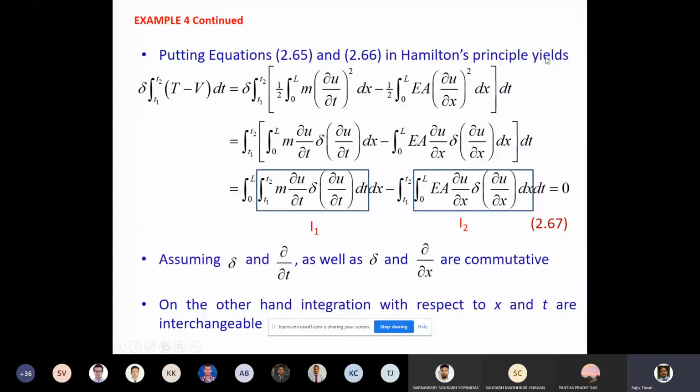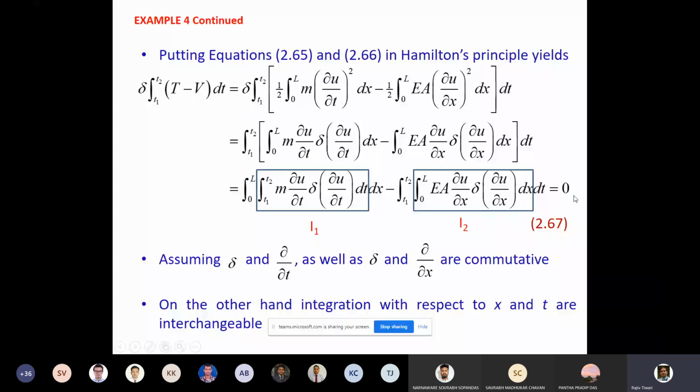So this is the Hamilton principle, in which we know that the integral from T1 to T2 of (T minus V) dt, that is the kinetic energy minus potential energy. When we integrate this quantity, this T minus V is also the Lagrangian. So if we integrate from T1 to T2, and take the variation of this integral, that should be equal to 0. So here are the steps I will be showing.